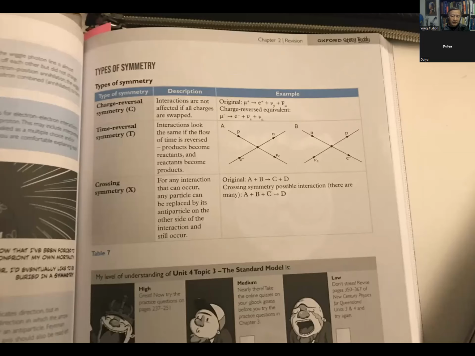Can you see? In Australia, I don't think they ask students to memorize things. They probably will just ask you some basic questions, just a few, probably 2 or 3 questions about the standard model and relativity. All right.